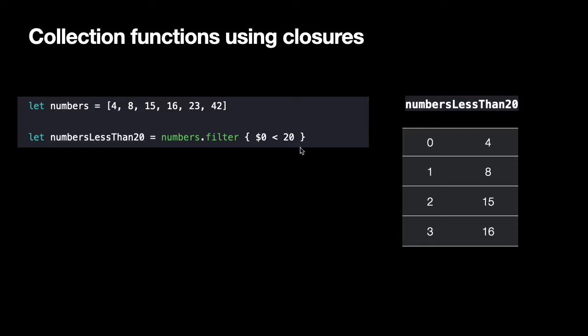That means we don't need the in keyword anymore. It is only one line, so we don't need the return keyword. So our filter is just, is our parameter less than 20? As you can see, this closure is easy to read, and we know exactly how we're filtering our source array